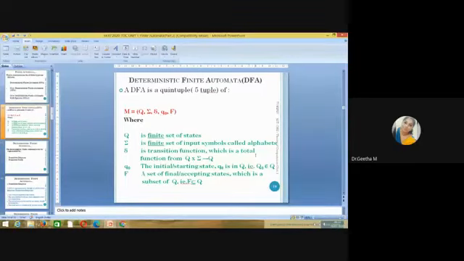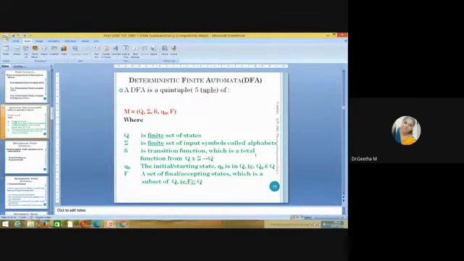Del is a function. Actually, the rules we have to give to the control unit can be given by this del function. So what is the form of del function? Q cross sigma tends to Q. On the left hand side you have input parameters, on the right hand side you have the output parameter. Two parameters you consider as input, and only one output parameter we will be getting. So the format of del function is Q cross sigma, which tends to again Q.